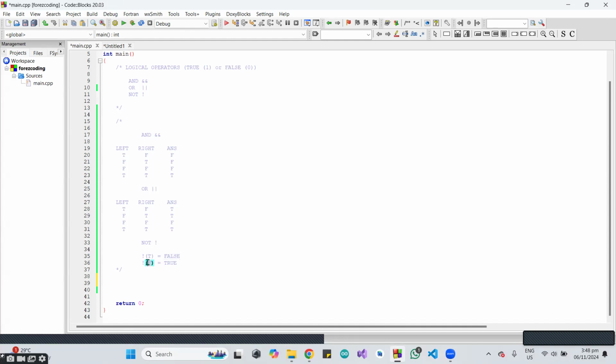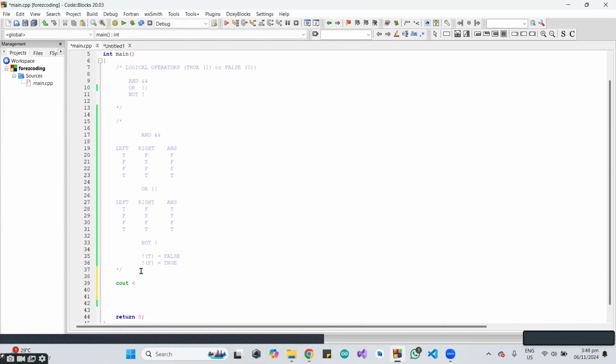And if the final answer inside the parentheses is false and there is NOT before the parentheses, it converts the false answer into true. So I hope that makes sense, and let's have an example for you to have a visual representation of the